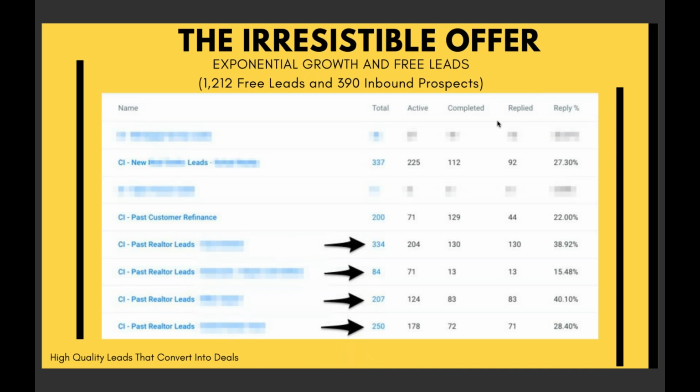So here's the irresistible offer. Once you've asked them the 2 qualifying questions, you say, hey, look, I can take those leads and I can convert them into more deals for you. And here's why. When you get a real estate lead, they're looking for a specific type of property. And if they've looked at your information online or they've looked at the listings on the page where they opted in for, and they don't like or love that house, if that's not the house that they're going to buy,